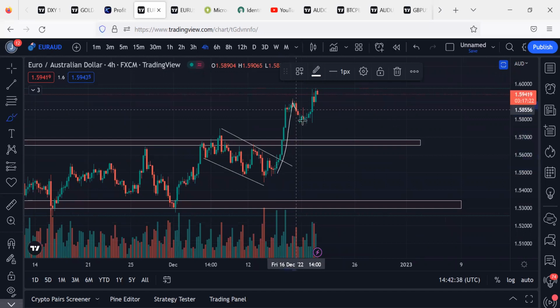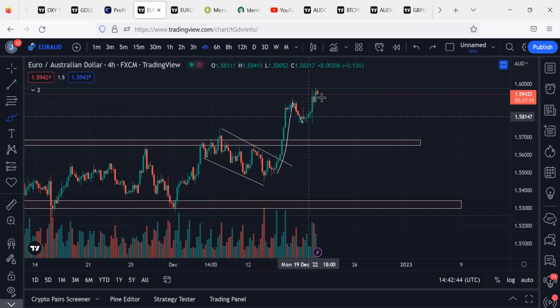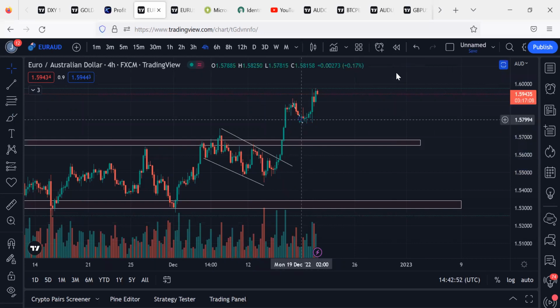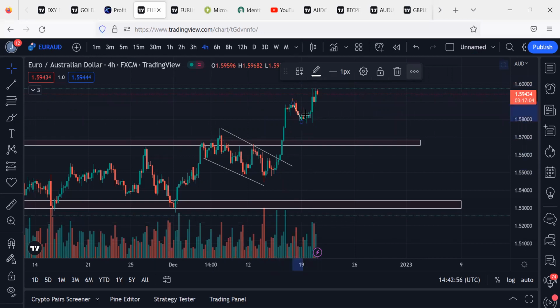We retraced to the downside, forming a lower low, leaving gaps around here. So that's why I'm not taking any trade again. Even though this trade keeps expanding, I'm still on a trade from here. So I'm not leaving this trade. Even though I'm scalping it or day trading it, I just need something to show me that now a